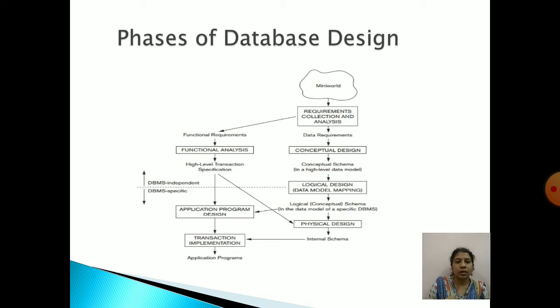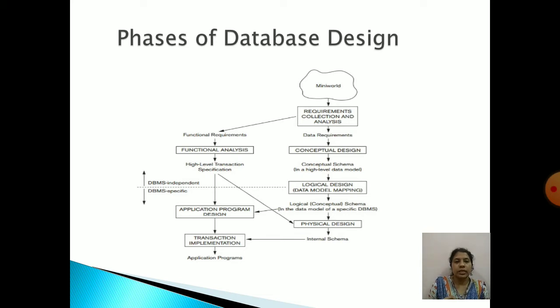So that's why it is called a high level data modeling. Okay, so till creating the high level data model, it is a DBMS independent activity. That means it is not related to a specific database concept. Simply you are collecting the information, and then you are describing those collected information in the high level data model, so anyone can understand easily. Then comes logical design.